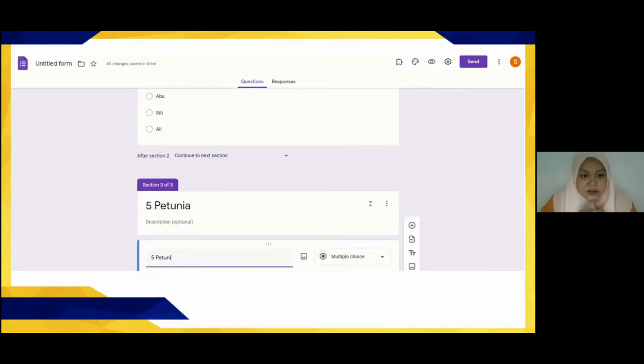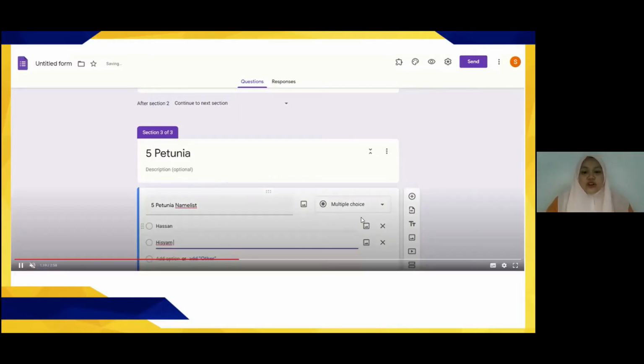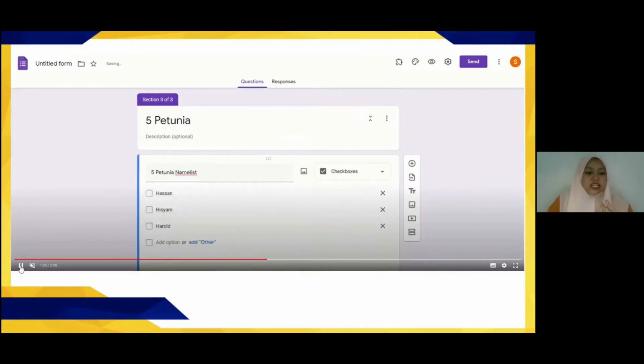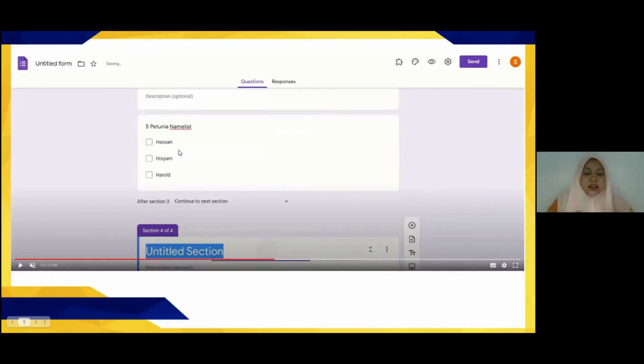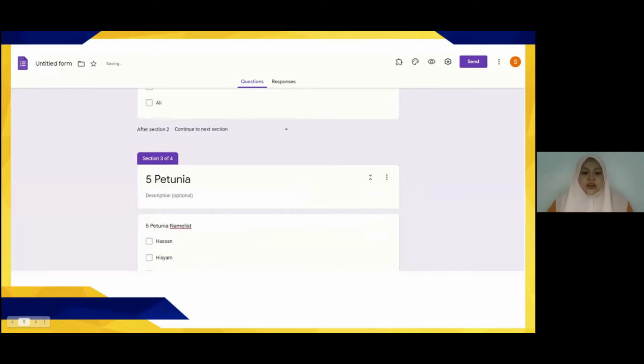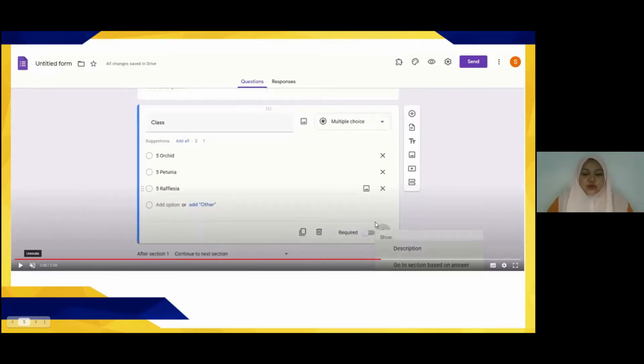And this part is incredibly important. For the name list, it is important that you do not choose multiple choice or drop down, but you choose checkboxes, like this. It's incredibly important, and I will tell you why later on. And then after you're done with all the sections, like here, I'll be giving you the model, and you can refer to my videos later on if it's a bit too fast. You have the sections, all of that,